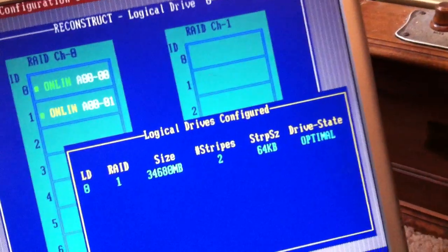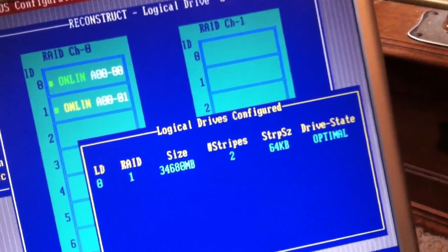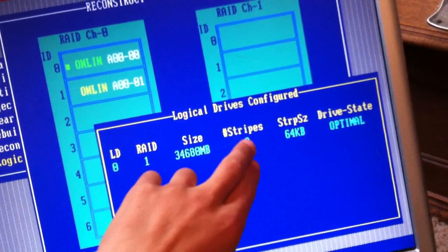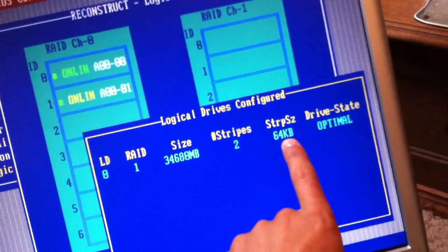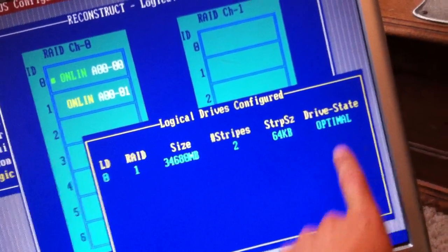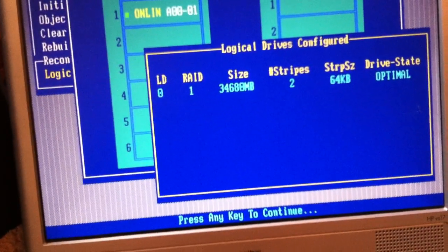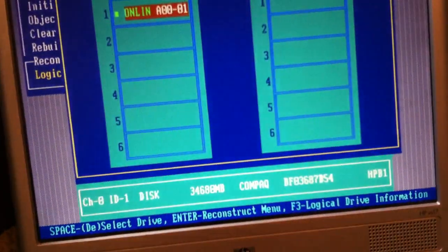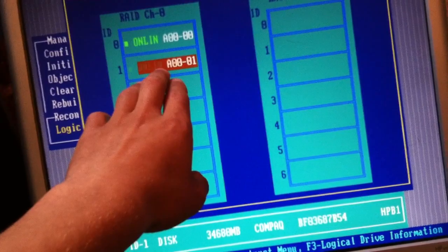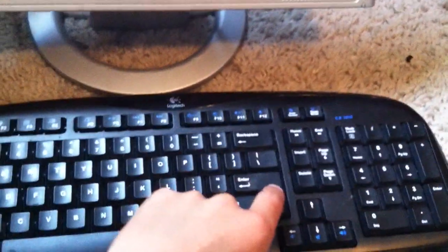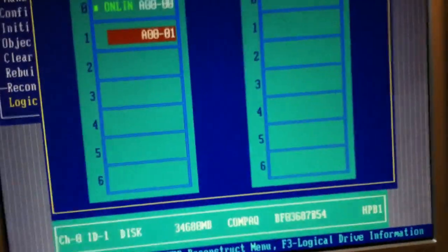That's how many hard disks I have. It considers each hard disk a stripe because it goes between the hard disks, and then each stripe size and the drive state. That just shows you information. You can't change any of that stuff right now. But anyways, this is the drive that I would reconstruct, and I would push enter, and it's pretty self-explanatory from